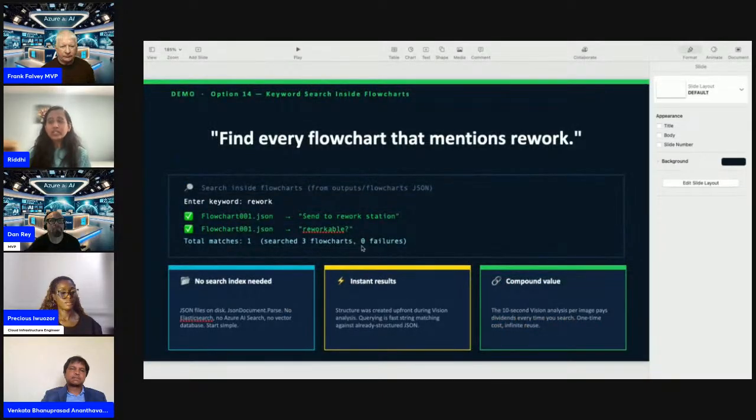This is the output that I just showed, where I put the verify keyword, and that will tell me it's in flowchart 001 or flowchart X, Y. Again, my data set is limited to just 3, but if it's hundreds and thousands, you don't have to go from one flowchart to another. If you have a keyword or a sentence in mind and you can search, then this is a value addition for that scenario.